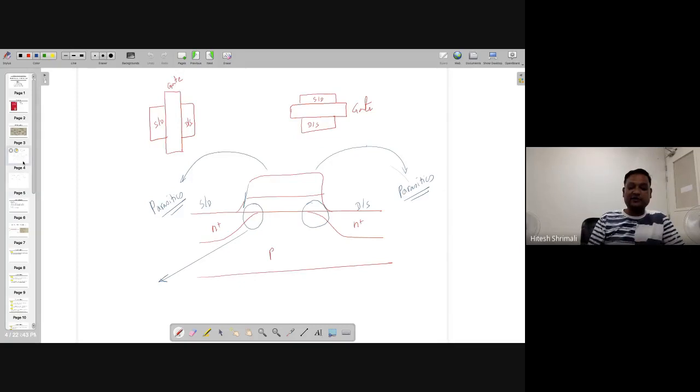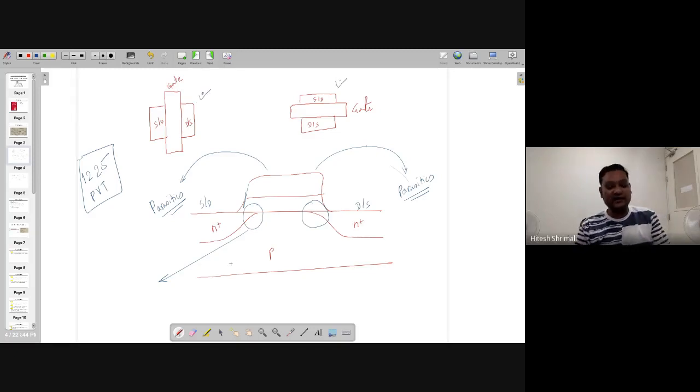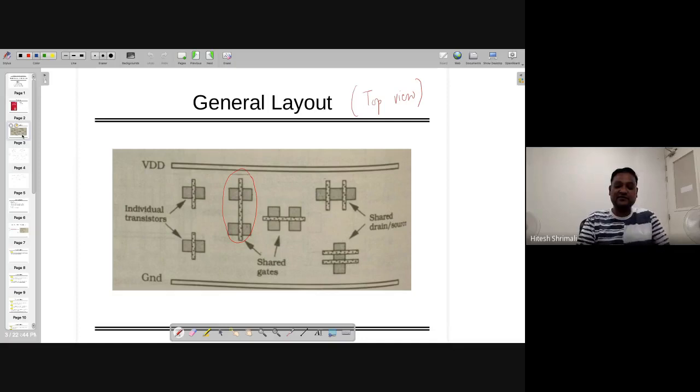So unfortunately, when you are doing this for 1225 PVT corners, the output will not be the way you wanted. That's why it's not recommended to follow either this way or this way. Keep the transistor the way you want, and thereafter it has to be in the same way. It should not be going here and there, like here we have kept this one and this one. So all should not be part of this one.